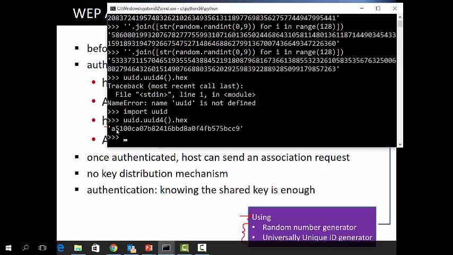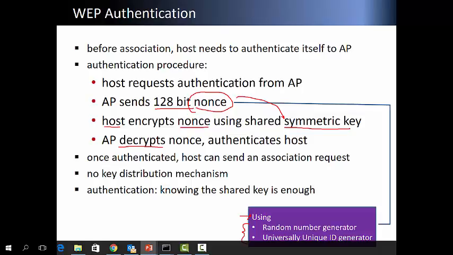I think 16 bytes, right? 1 byte, 2, 3, 4, 5, 6, 7, 8, 9, 10, 11, 12, 13, 14, 15, and 16. So it is 16 bytes long, and that is the universally unique one. Okay, there's a nonce.